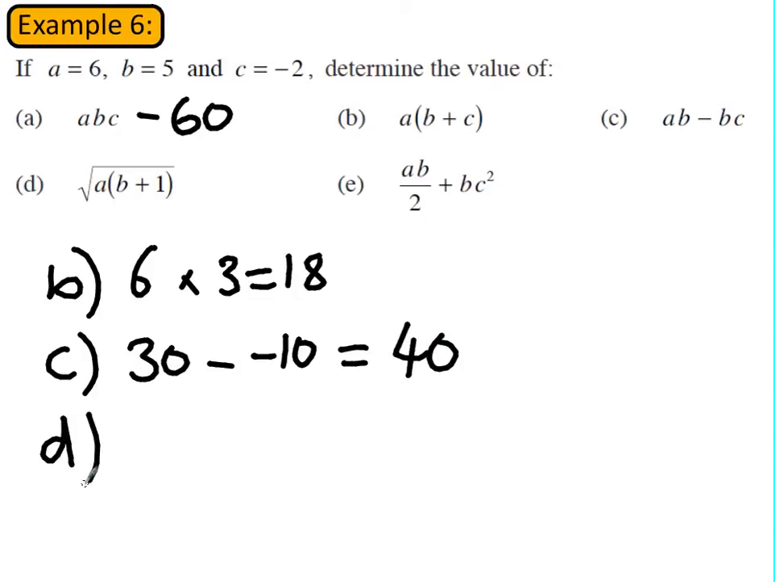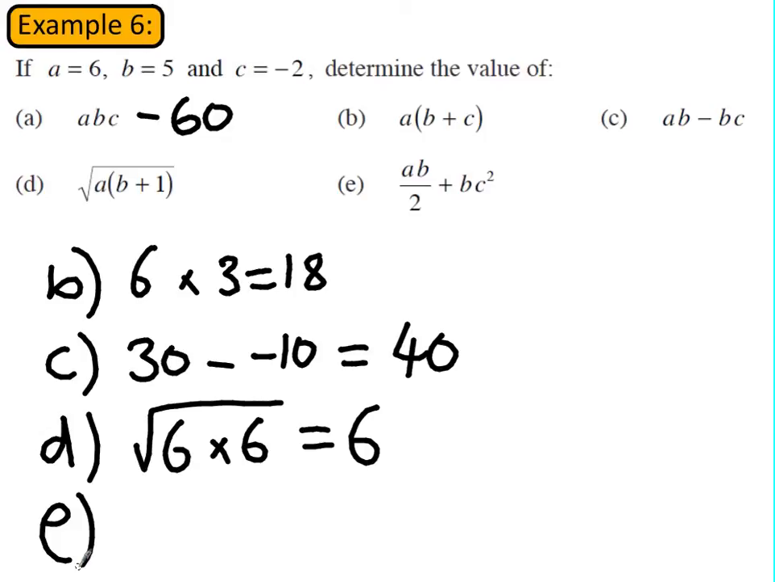In part D, we've got to do a square root. So the square root of A, which is 6, times b plus 1, which is also 6. So the square root of 36, which is itself 6. Finally, in part E, we have ab over 2. So a times b we've already worked out is 30, divided by 2 is 15, plus b times c squared. Well, b is 5, c squared is 4, so we're going to have 20 there. So our answer is